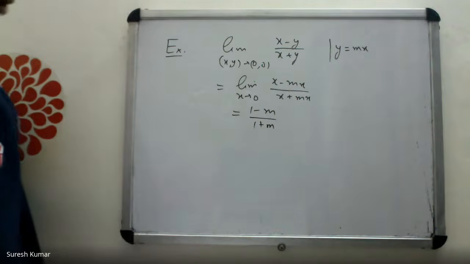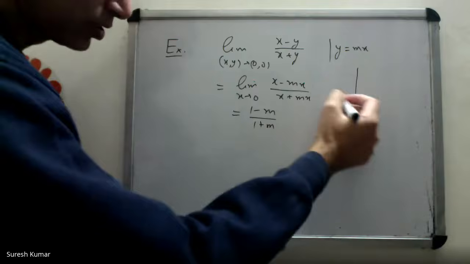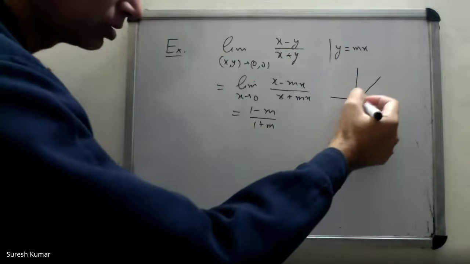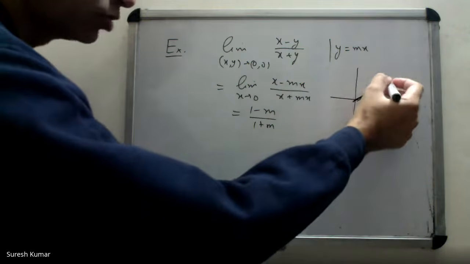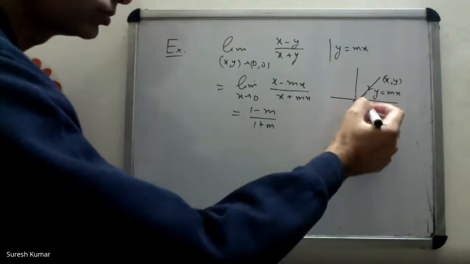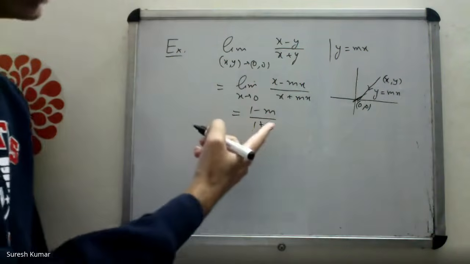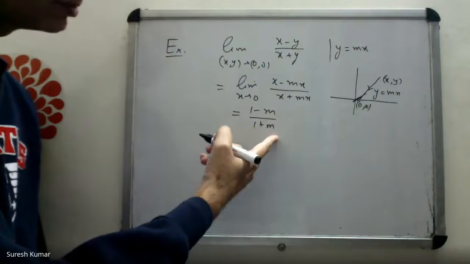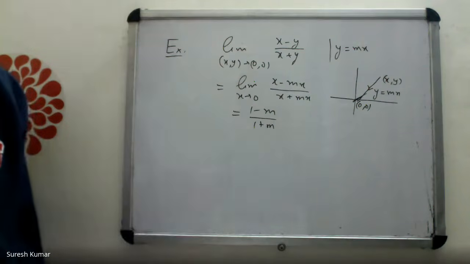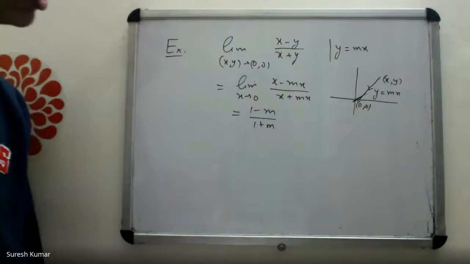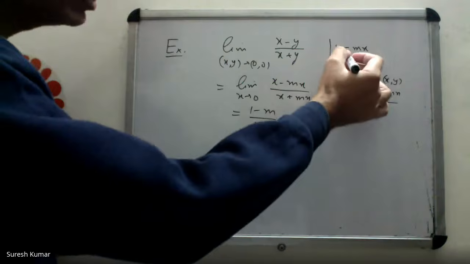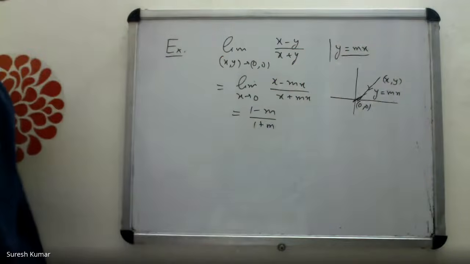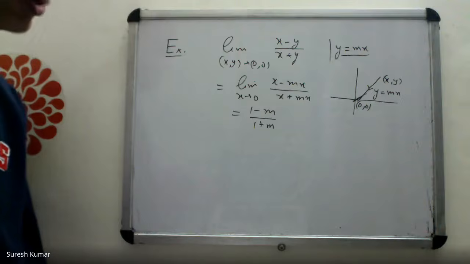Okay? So limit is path dependent. This is the path, a line passing through origin with slope m. Along this path, (x,y) is going to (0,0). So I see that changing the values of m means changing the values of the limit. So value of the limit is not unique. It is path dependent, so it does not exist. What I want to tell you here, we have chosen the path y equal to mx. This path doesn't work in all the problems. Make a note of it.